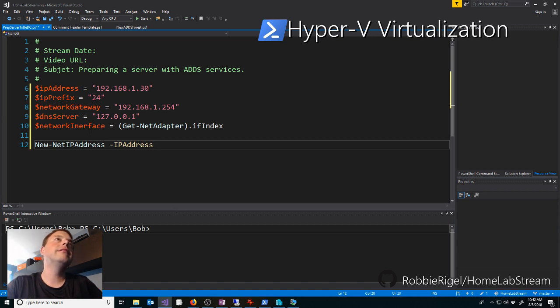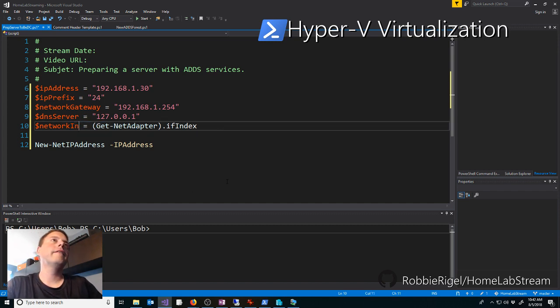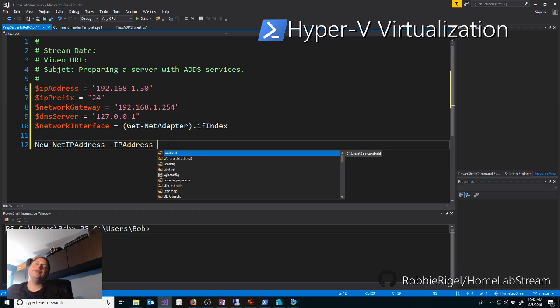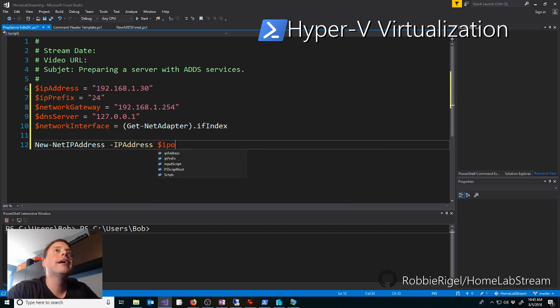Oh, I did. Yeah, you see, the nice thing about tab completion is it tab completes when you do your variables. It tab completes your misspellings. Anyways, here, so our IP address is going to be $IPAddress, and then we're going